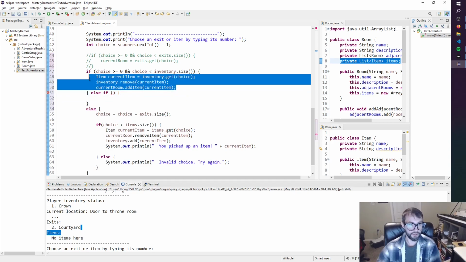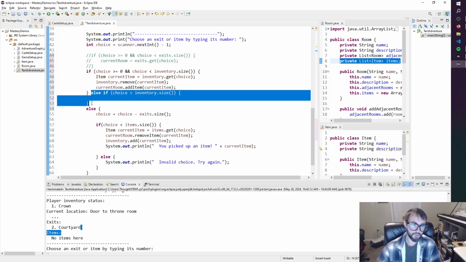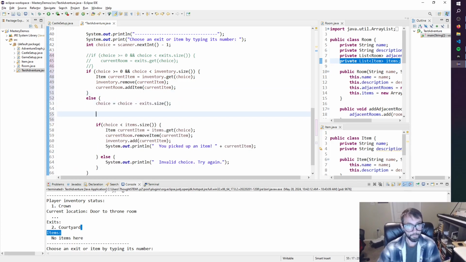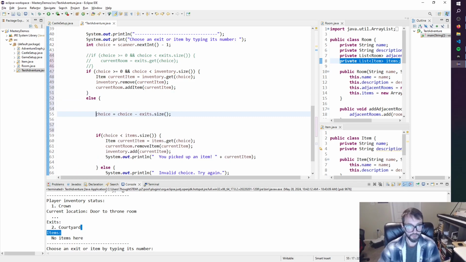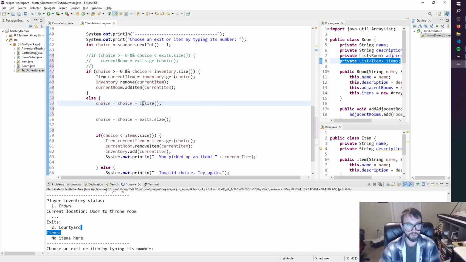Because if it's not an item that they're dropping, then it is an exit they're taking. So we want to say, I guess we could just drop into this else. Yeah, we could drop into the else, and we can say that choice equals choice minus inventory size,